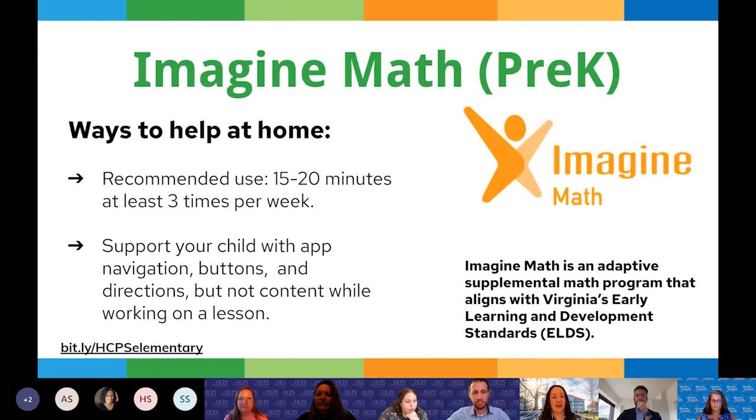If a student needs help with knowing how to navigate the app, clarifying or repeating directions, or how to use the buttons, please do help in those areas. You can always revisit any instructional areas after the session with your child to support concept understanding by practicing counting, involving your child in math activities around the house like cooking, matching socks, shopping together at the grocery store, sorting